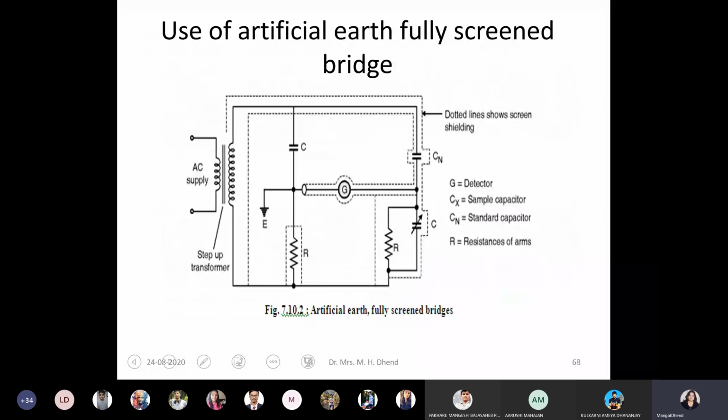Now this Wagner's earth is there. It is not actually in the scope of your syllabus. That is just for reference, but it is there, and still I want to explain it to you. So I kept this slide in the measurement of the Schering bridge. Actually a lot of concepts we have to clear, but you will not understand. Still I am trying to explain one parameter to you.